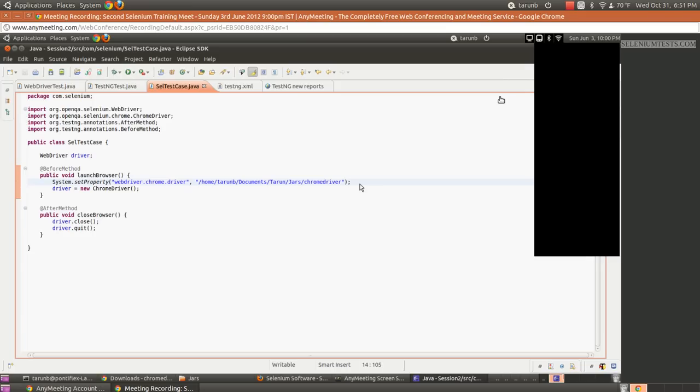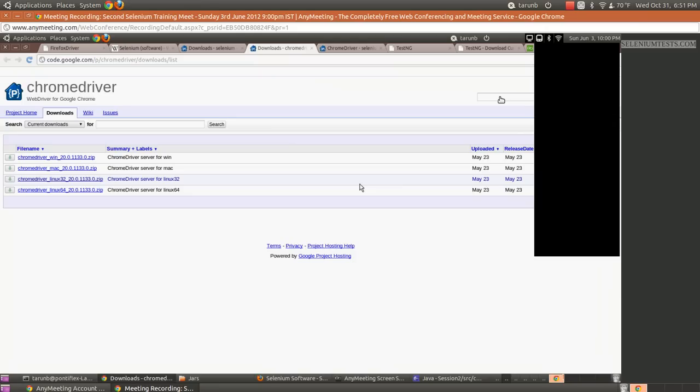Vasant, yeah, that's what I was referring to. In case you want to use Chrome, no, we don't need to do it in case of Firefox. In case of using the Chrome browser, you need a binary file which controls the driver. You cannot directly launch it as just Chrome driver. The binary file which you can download from this location, Chrome driver download list, is something which controls your Chrome browser. So the mechanism of executing a test in case of Chrome is a little different than Firefox. Okay. Yeah, we don't have to do it with Firefox.